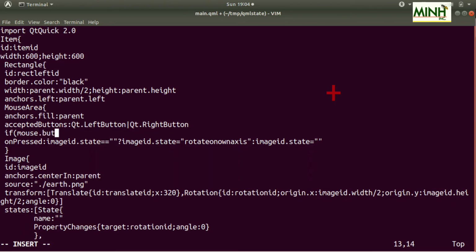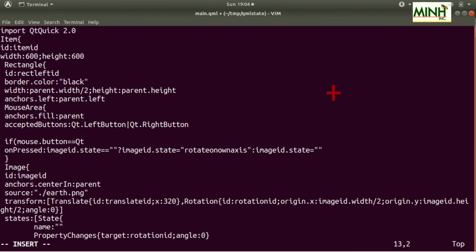If mouse dot, so mouse is argument that is given to, okay, so it would be here. If mouse click is there, so mouse argument will come by default is left button, image ID. Okay, so image ID is this image ID. So image ID dot state equal to parent left. So we will introduce states, more states now. Parent left,